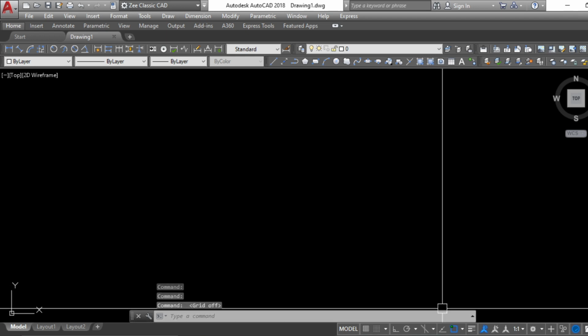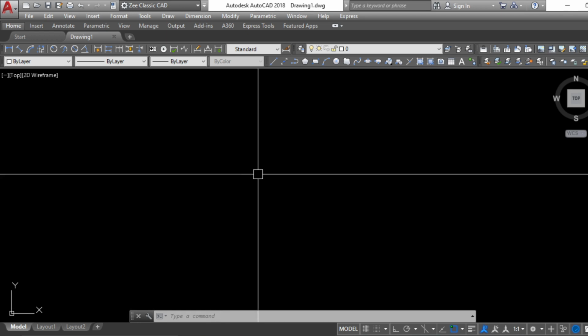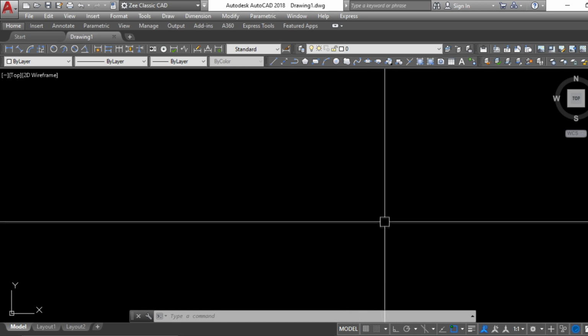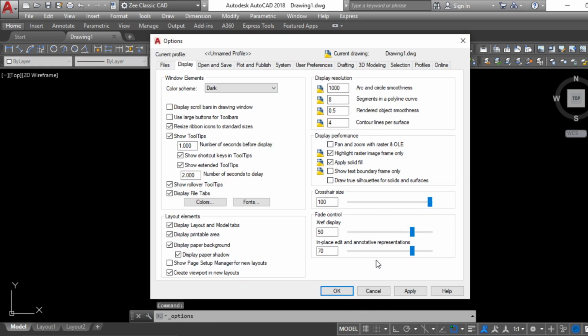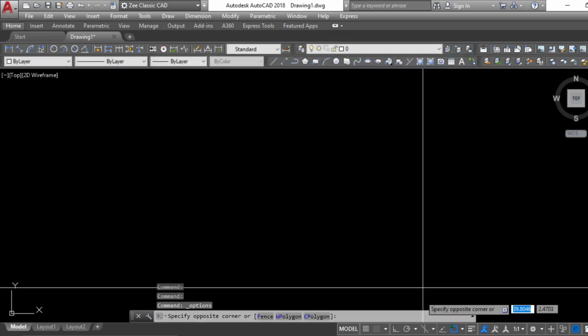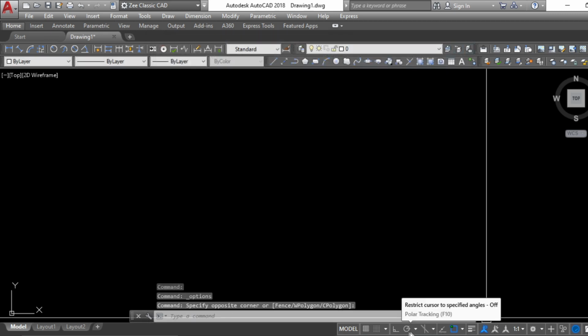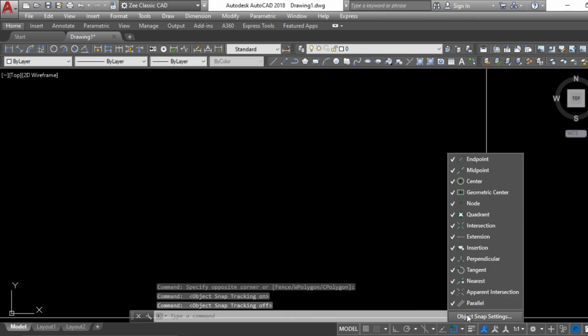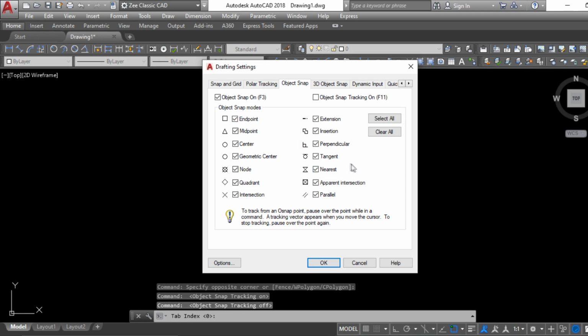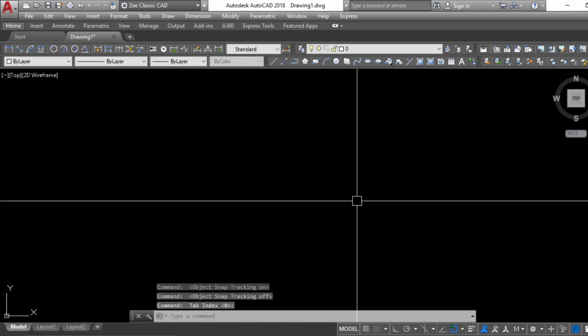Make sure that this is 1, show annotation objects, and it's 1:1. And then the object snap. This object snap setting should be select all. Okay, now